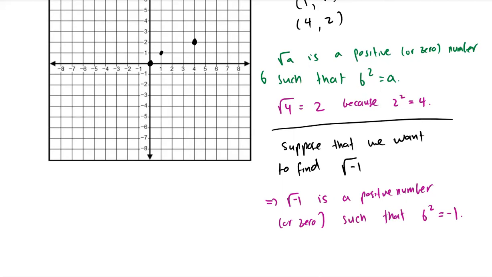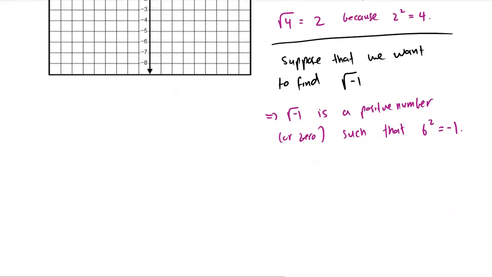Now, if you remember from arithmetic, if you multiply a number by itself, it's always going to be positive, right? So, for example, negative 2 times negative 2 is equal to positive 4. 2 times 2 is equal to 4. Negative 7 times negative 7 is equal to positive 49. So it's impossible for us, in the set of real numbers, to find the square root of a negative number. That means that x is not in the domain. And this is where I mentioned in the previous slide that to find the domain of a function, and again, we'll talk more about this later,